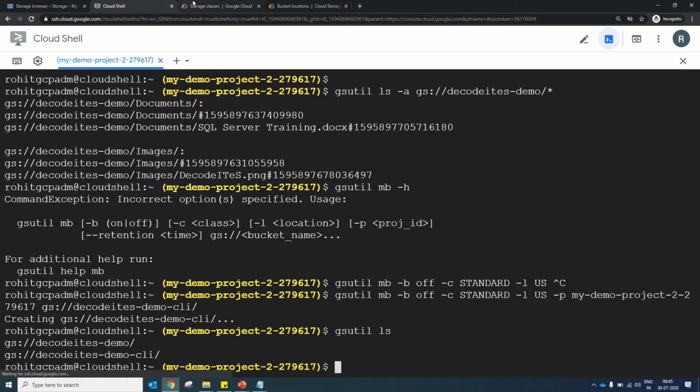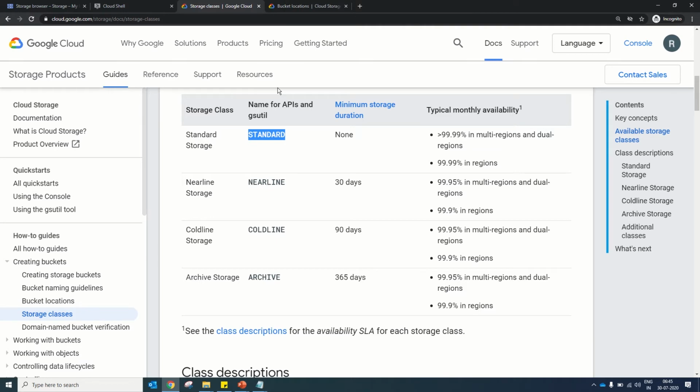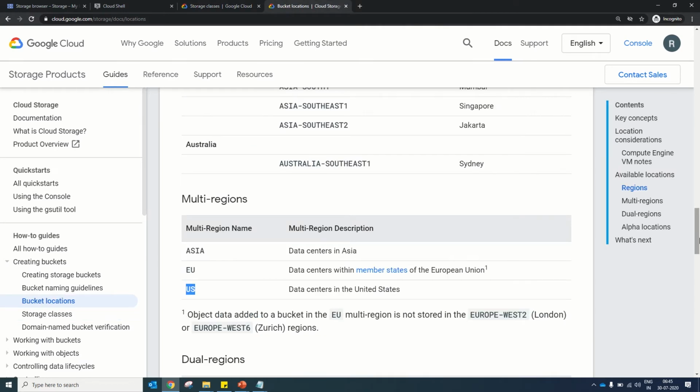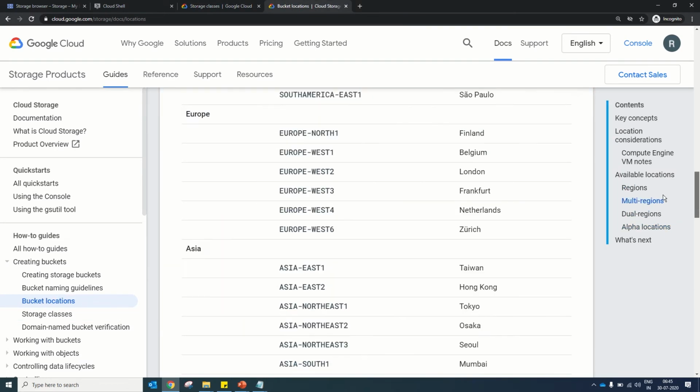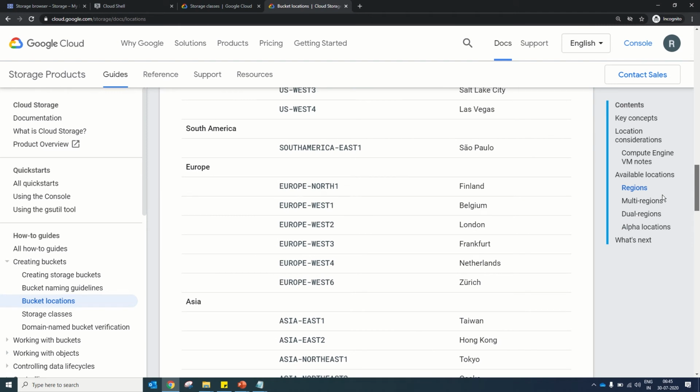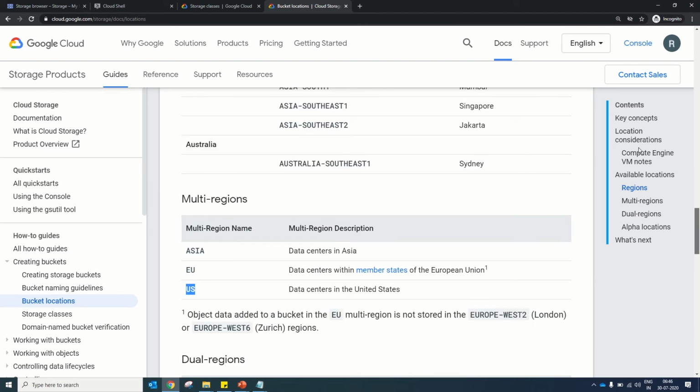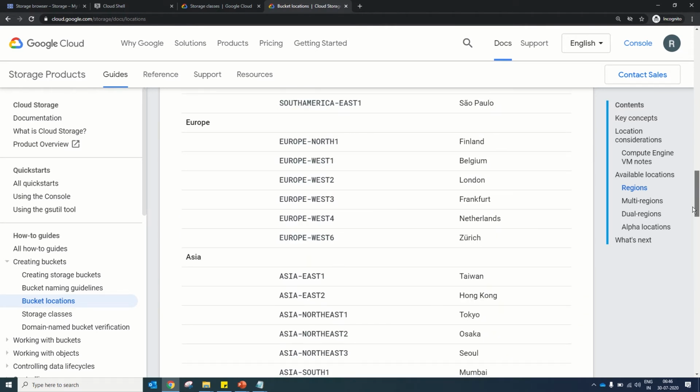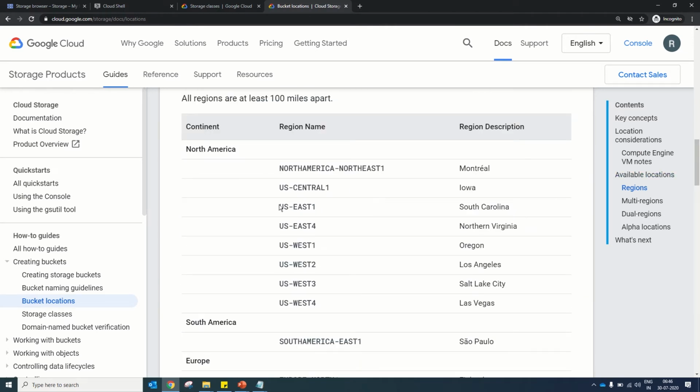We need not worry about what types of classes are available, or what types of regions or zones are available. You can just browse the Google Cloud page and you have all the details. Why am I referring to the Google Cloud page for this? Because there may be a possibility that when I'm recording the session, Google Cloud is working in this location under South California, and when you are performing the lab on your local system, South California is not available, and they have added some more locations for this.